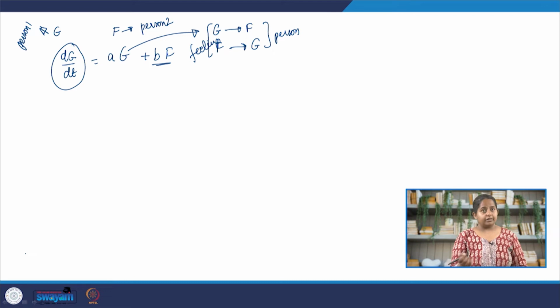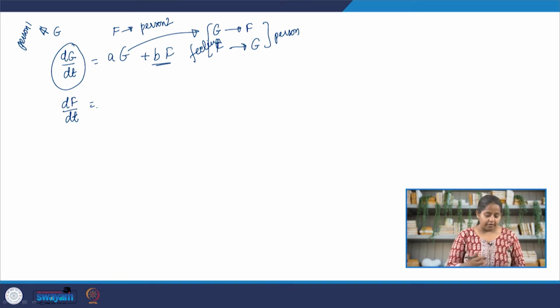So now let's model the feelings of F towards G. Now I told you they're identical people. They are people with similar backgrounds and they're studying in the same school, in the same class. So they have similar tastes and dislikes. So obviously the conventional wisdom goes, oh, they'll be good friends. They'll share notes and they'll help each other through preparation for exams and support each other through highs and lows